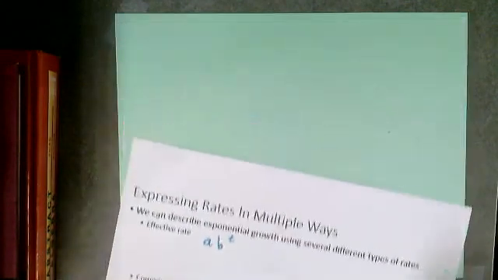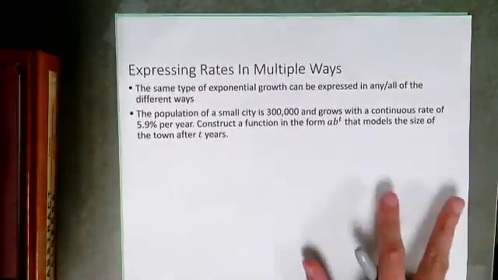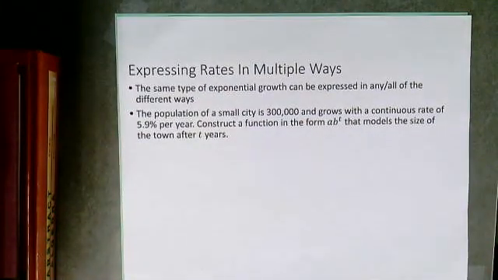So one last example, still in the same thread of expressing rates in multiple ways. The same type of exponential growth can be expressed in any or all different ways. So consider the example. A population of a small city is 300,000 people and grows with a continuous rate of 5.6% per year. Construct a function in the form AB to the T that models the size of the town after T years. Well,